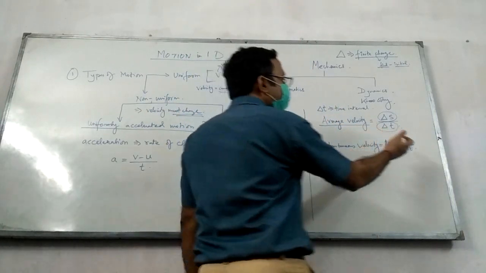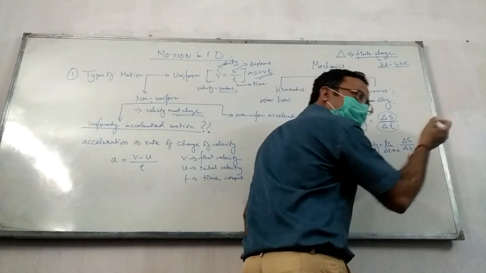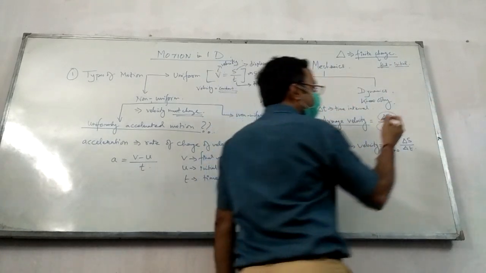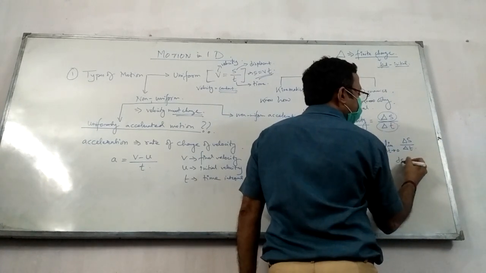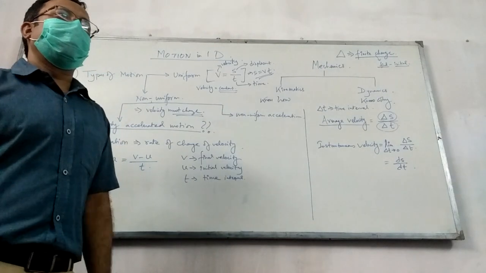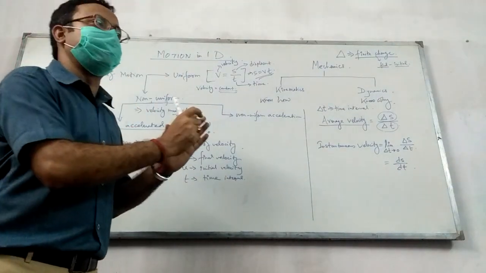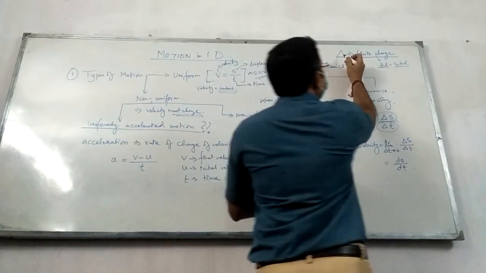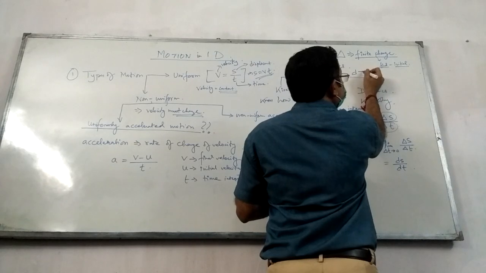So this is a very difficult thing to write every time: limit of delta t approaching 0, delta x by delta t. So they wrote it in a small manner. What did they write? Instead of writing this whole big thing, they just wrote ds. Now what is d? Remember delta was finite change. So what is d? D is